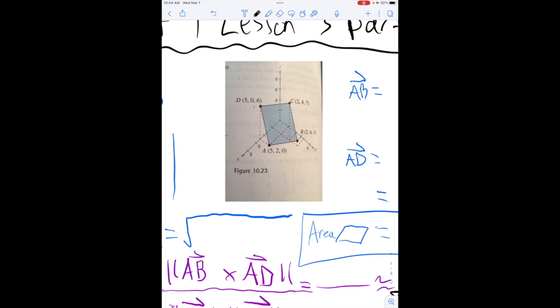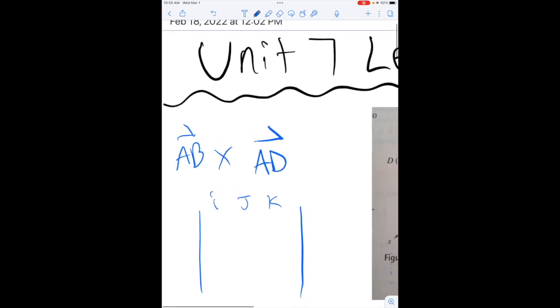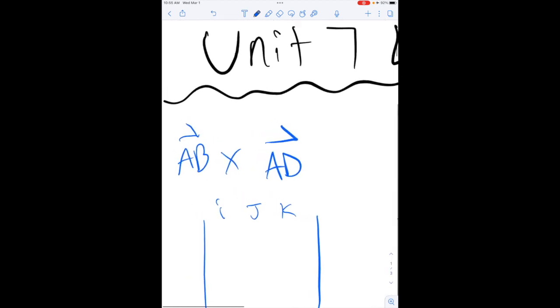So again, to find the area, you'd find the base, you'd find the height, and you'd multiply them. You may have to use the Pythagorean theorem to find that. But it is a parallelogram, so we're going to get to it. You can check whether the slopes of your lines are parallel. If the distances are the same and the angles are the same, by definition it has to be a parallelogram. So what we're going to do is look at vector AB and cross it